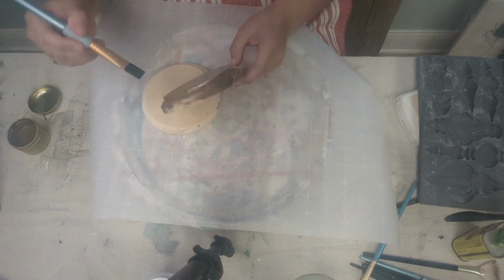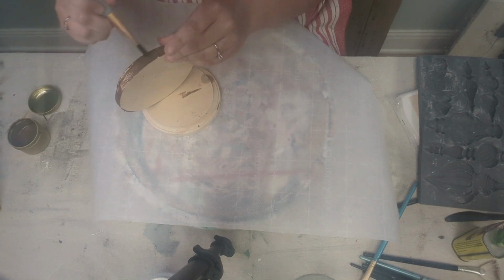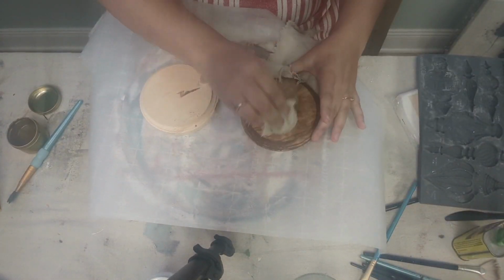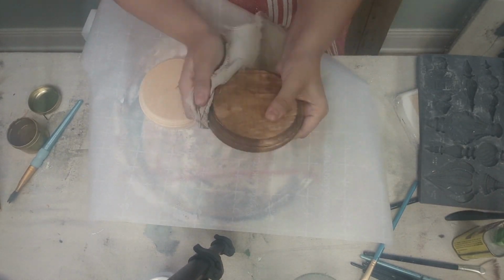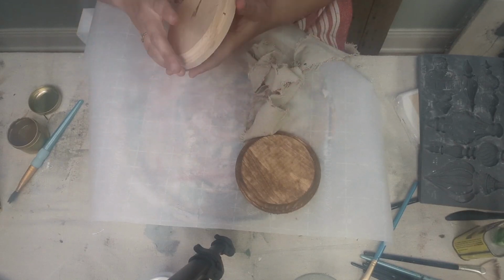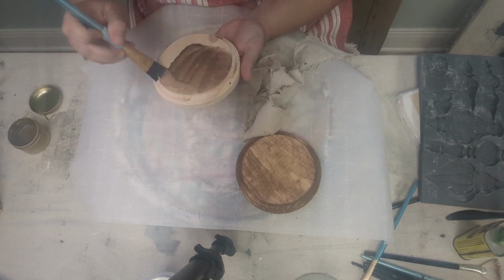So I used my Waverly dark wax that I got from Walmart, and I watered it down with some water, and I'm using that as my stain. And I do one full coat, and then I wipe back the excess, and I do both of them the same. These can be used all year round, but how I'm going to decorate them is by putting a little